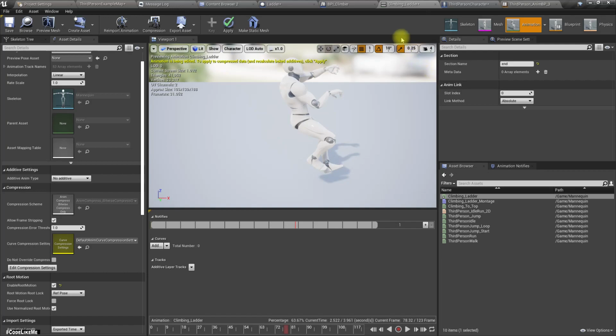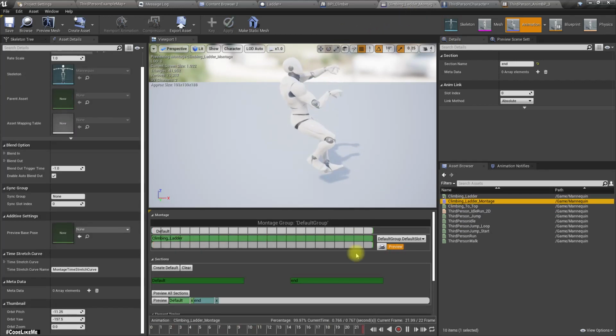Okay, now there are only how many frames? 23 frames. Okay, now in here